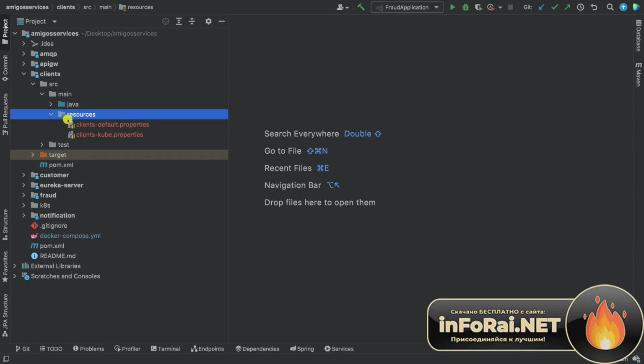We've managed to start our application with clients-default properties in here, but we also have the clients-Kube properties. Now we also have to have this profile or the similar file within customer, fraud, and notification. Because if we select this profile, it will pick up this file, but for the rest of the microservices, it